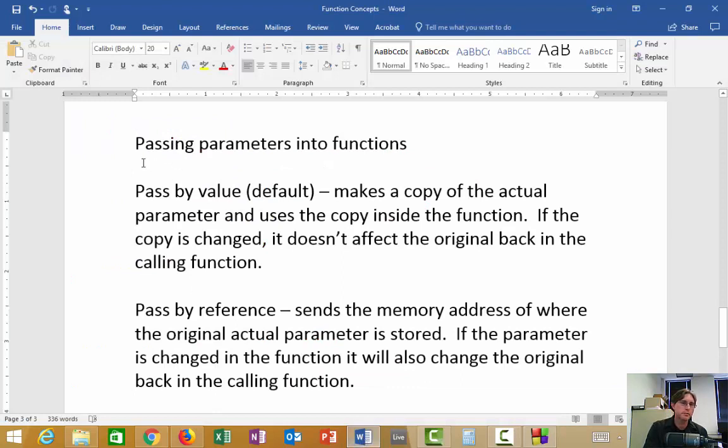There's two main ways that we're going to talk about how to pass parameters into functions. The first one is how it's done by default, and that is pass by value. Okay? So normally, and how we've done it in our example that we wrote,